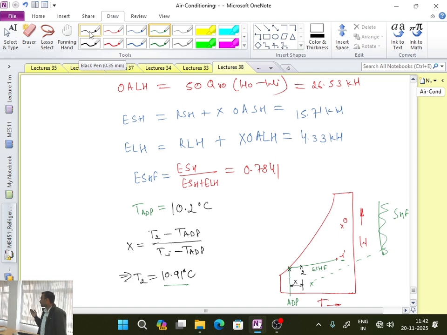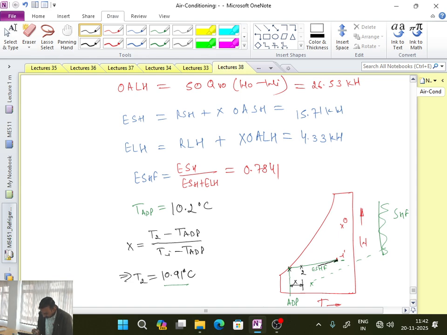It will be, how much is the value? 10.1°C. 10.2 was the previous value, current value is 10.1. Okay, so if you calculate very precisely, you will find that this new line which is moving from I